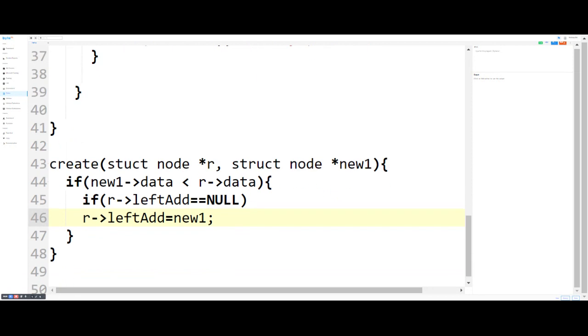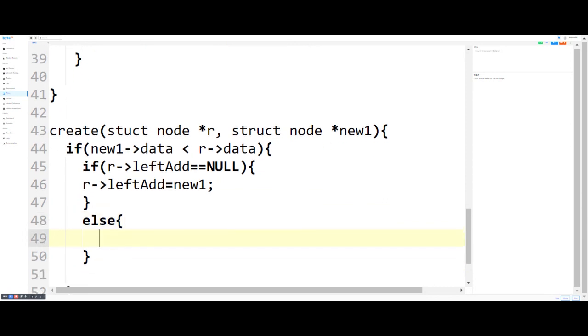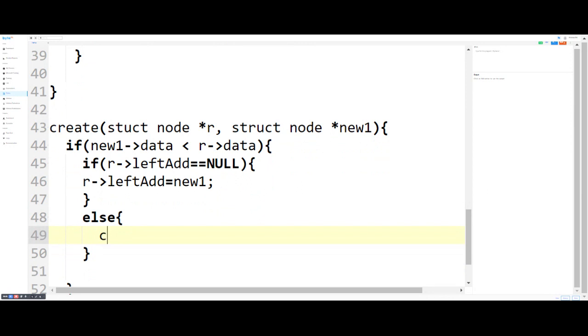If this condition is false, we go in the else block and call create, and it will take r of left address and new one.